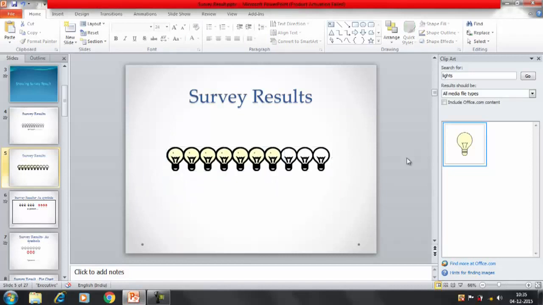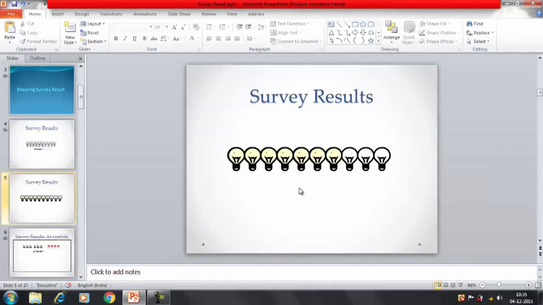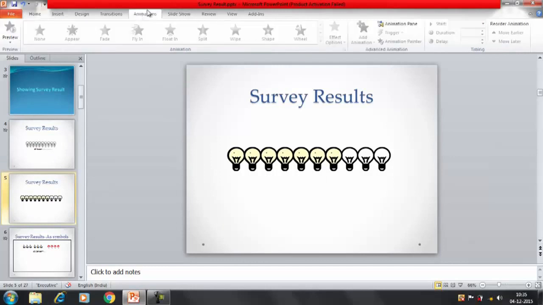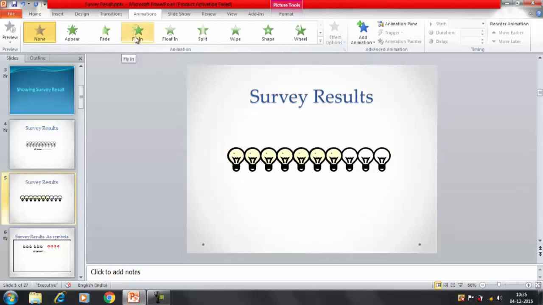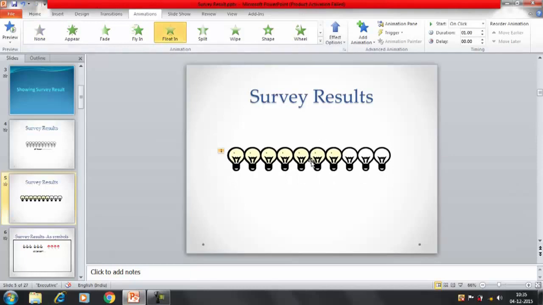Alright, now we want to put an effect here that shows you a lighting bulb effect. So what I'll do is, first of all, this is the first image we have, the complete one we have selected. Either you can put in the fly, any effect you can put in here. Suppose you put in the floating effect, right? And for the second image, this one, we need to select appear.